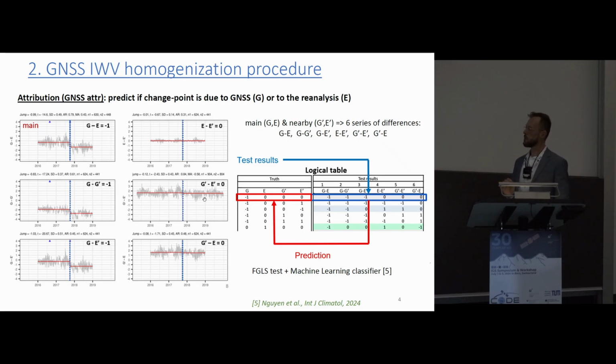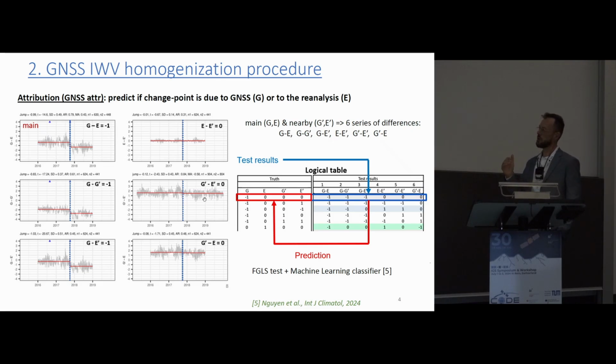However, we work on a difference series, so the change point might be due to GNSS or the reanalysis. We cannot assume the reanalysis is homogeneous. So that's the goal of the attribution. The attribution will decide whether the change point is due to GPS or to the reanalysis, so G or E. It works by introducing nearby stations. For each nearby station, we have two series, a GPS series and a reference ERA series, so G prime and E prime. So we have 4 series. We form 6 series of differences, which are shown in the plots, and we test